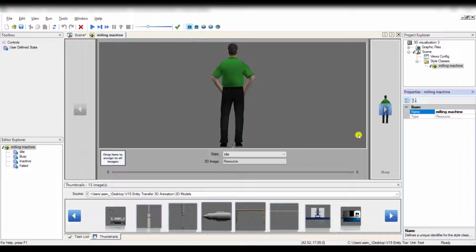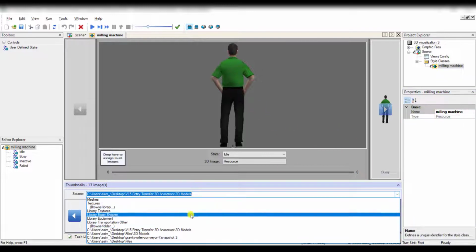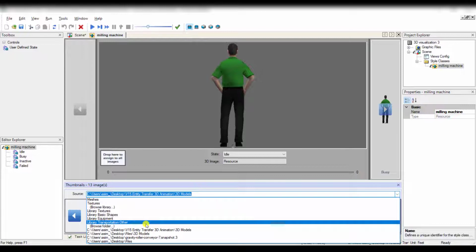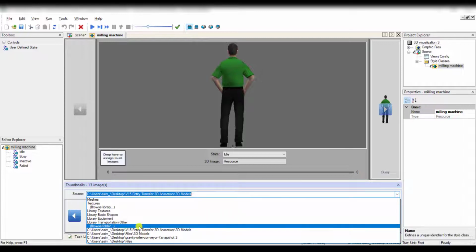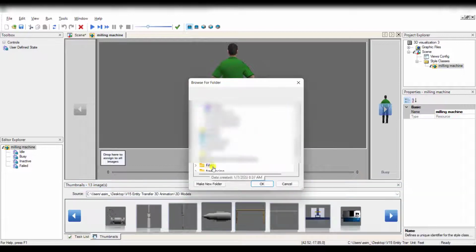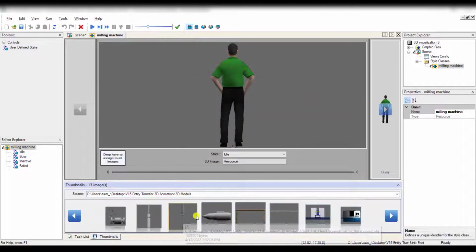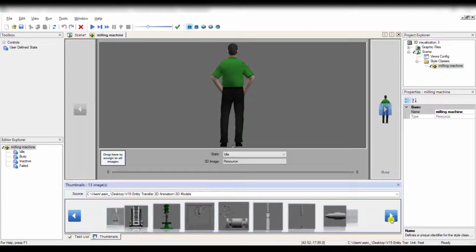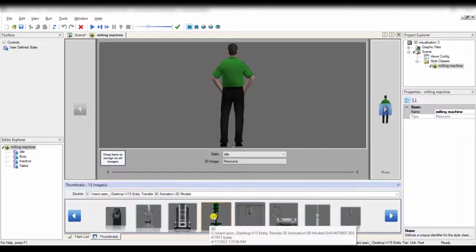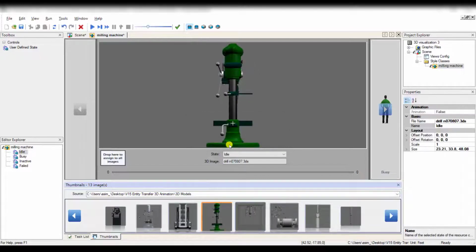And how can we add the milling machine here? In that case, you need to select the folder in which you have actually stored your custom 3D model. So select browse folders, and this is our 3D model folder. Open it, and here you can see all your custom CAD models. So I'm going to use this machine as the